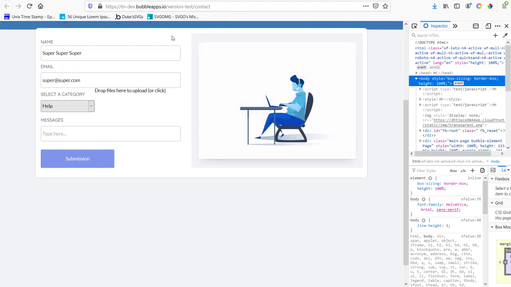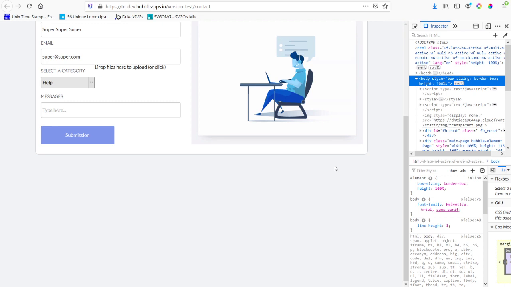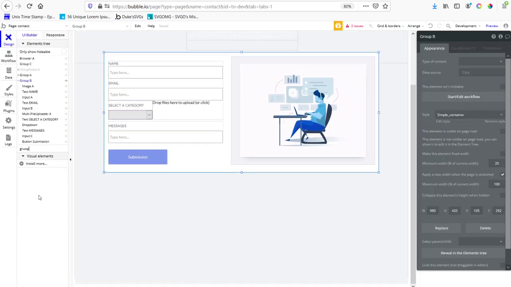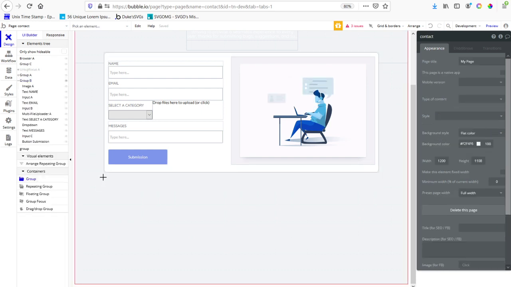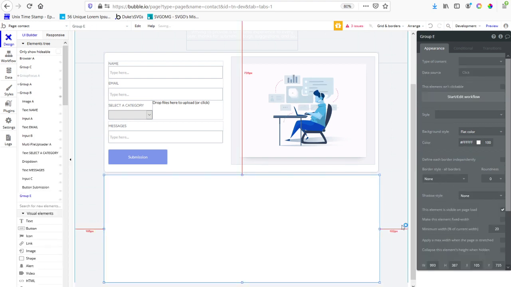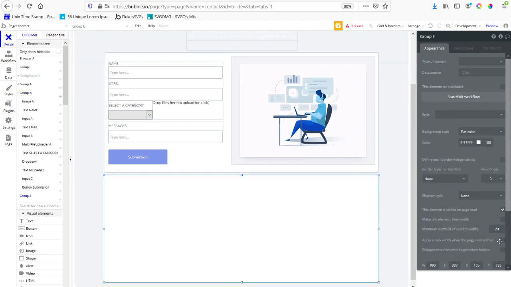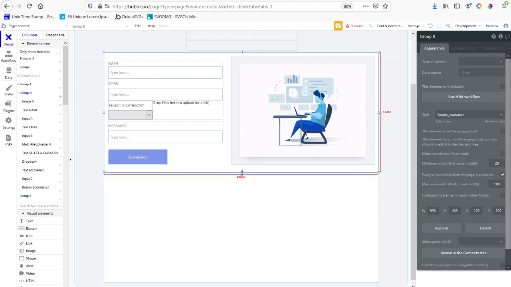Okay, so now that we've submitted it, we want a messaging platform. So we take this and we go group. There's already a messaging platform on this particular app. We're going to build a new one. We're going to call it support messaging. We're going to make this the same size, relatively. And let's look at the settings here. It's max width of 100. So we just want to match the two, so that there's no